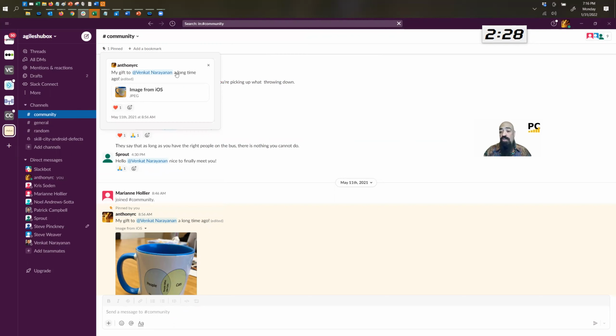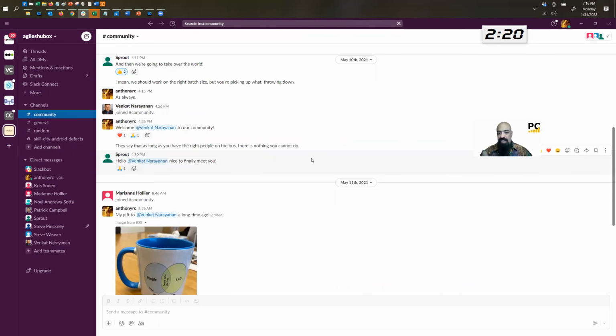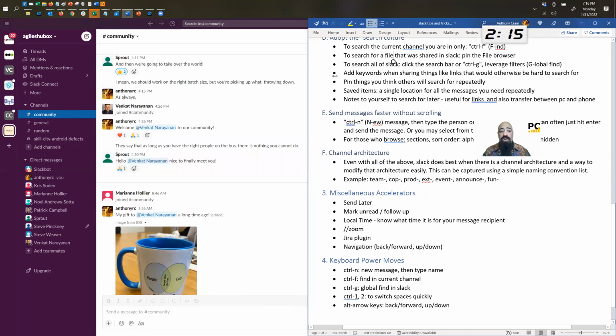You'll notice that pinned items get stale after a while. Feel free to unpin them. Remove those pins frequently as you pin stuff, as they no longer become super important to have pinned. Saved items, you can also save an item. And if you do that, you'll end up with a new thing here called saved. And you can go quickly to your list of saved items.